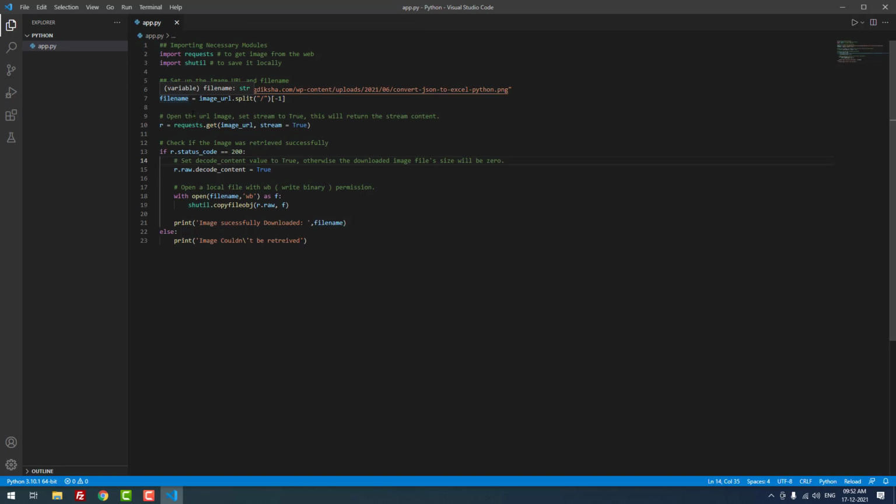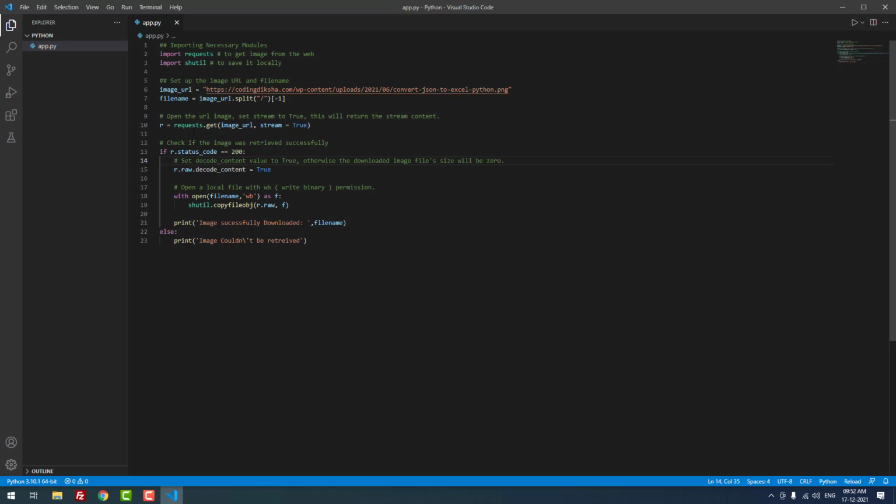After that I declared a variable image_url, then I assigned the URL. After that file_name equal to, we get the file name using image_url.split function. Using split function we remove the slash, right? After that we open the URL and set the stream to true. Then if the stream returns true, then we will download the image.